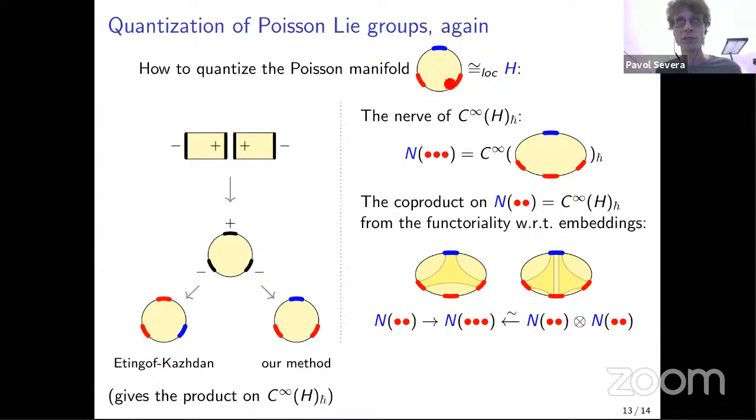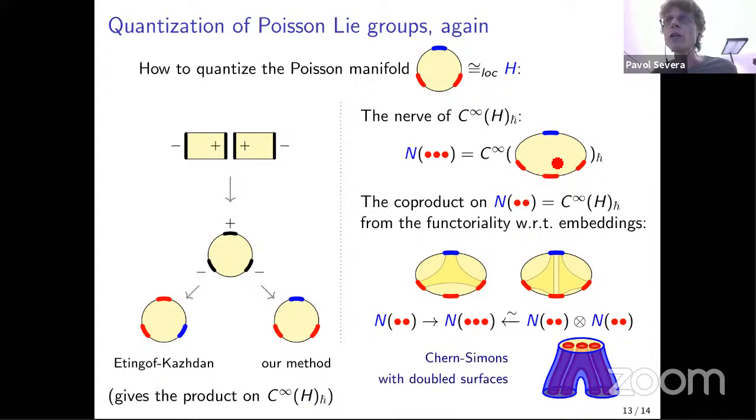We need to double the surface. So again, when we double it and glue it along those black parts of the boundary, those thin parts, what we obtain is then simply a sphere with 3 holes, and 2 are red and 1 is blue. Similar thing here, right? So we have 3 red holes and one blue hole. In other words, what is the thing which corresponds to doubling of this? That's the top of this surface, right? So sorry, the top of this cobordism.